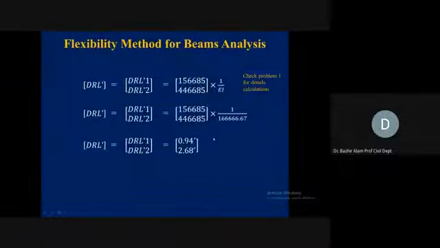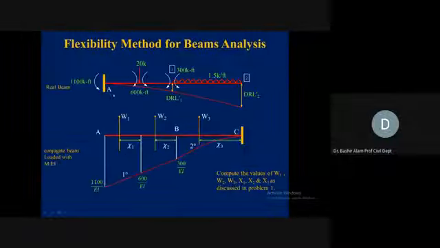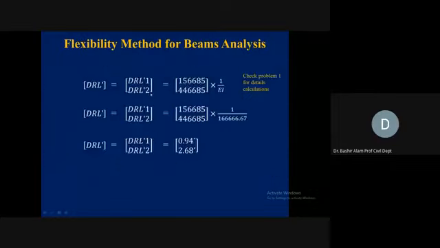EI diagram उसी तरह हो गया, this one, ठीक है, conjugate beam हो गया, and this is loaded with M by EI diagram, conjugate beam loaded with M by EI, exactly वही चीज है। So क्या आ रहा था, this was coming 156685, लेकिन EI value है हमारे पास अभी, तो हम इसको वही EI value से divide कर लेते हैं। We make the calculations. तो DRL1 prime और DRL2 prime हमारा आ रहा है